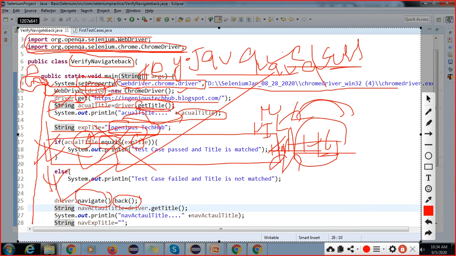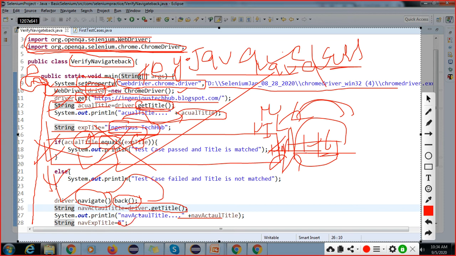Now again I am going to do another validation. I'm going to go back in the URL, so it will go back a page. Again I'm going to print what title will come here. Same thing, I am going to print the title here, and what is the expected, right?